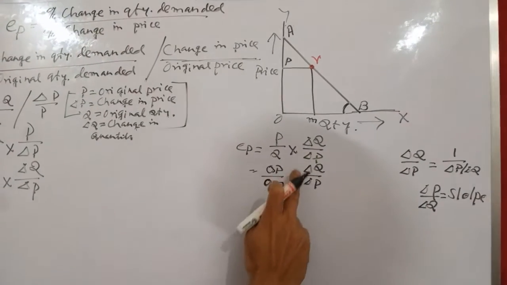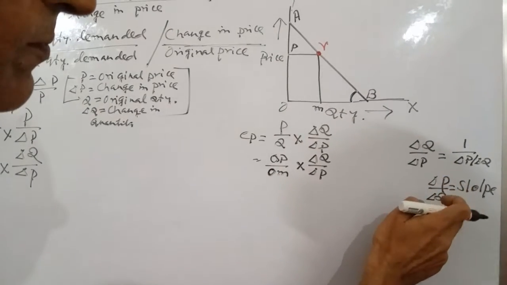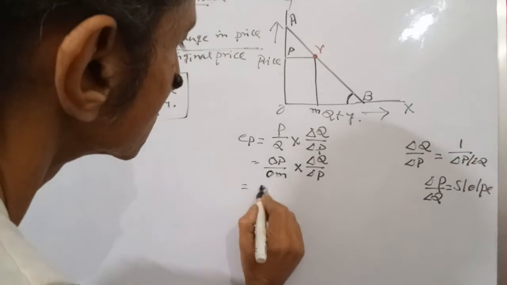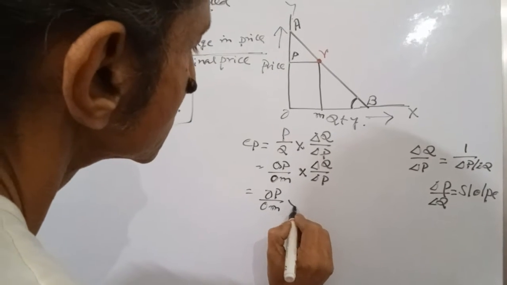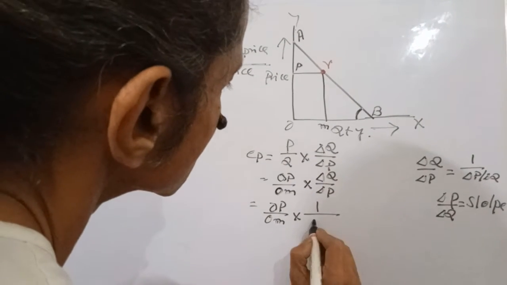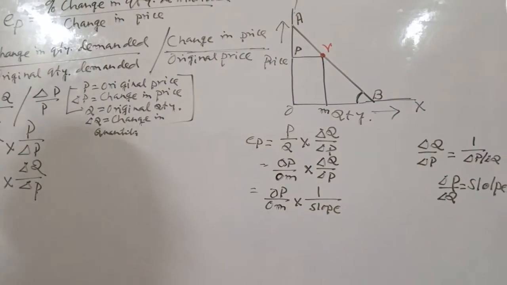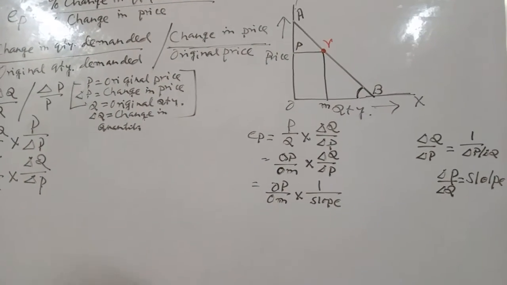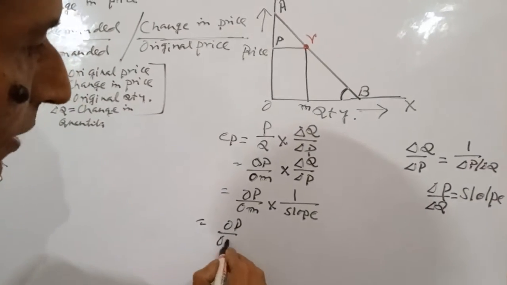So delta Q by delta P equals 1 divided by slope. One divided by the slope equals OP by OM